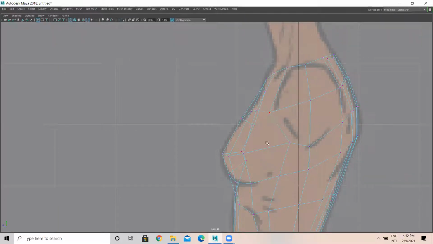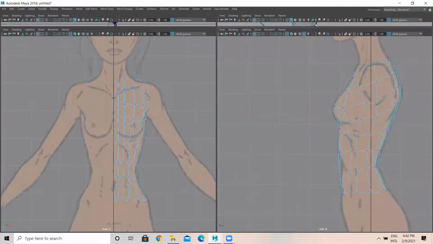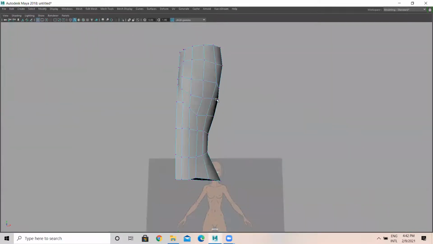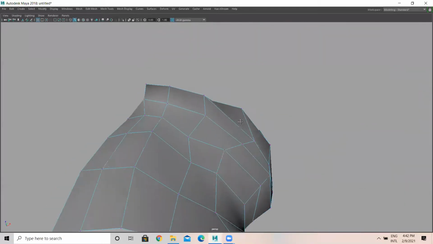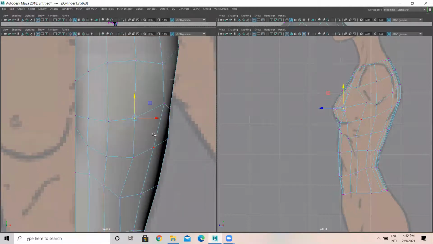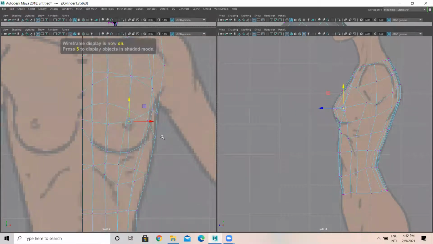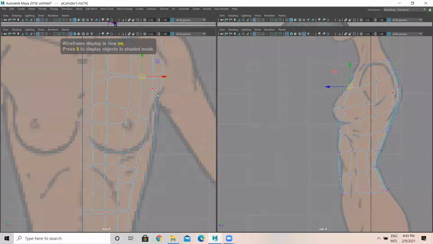Okay. So later what I do is I'll come over here. I can match even both front view and side view. So here what I'll do is, okay, let me just take here. You can see front and side view here like this. Press 4 and 5 so that you can switch back to wireframe and normal mode.